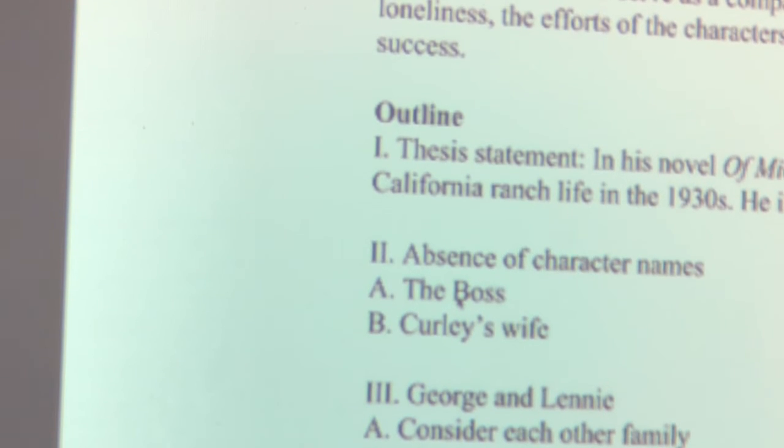Yes. So, how about short and sweet? There is an absence of character names in this novella, if you prefer that term. You can still call it a novel. Do you like that for a topic sentence?